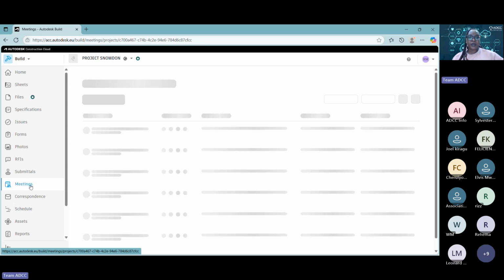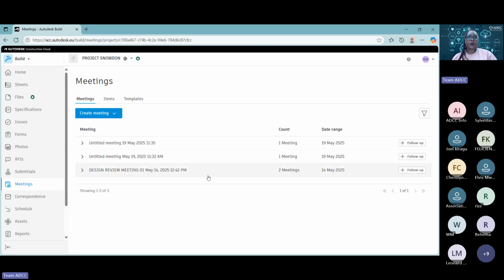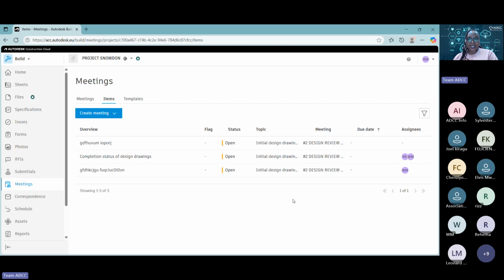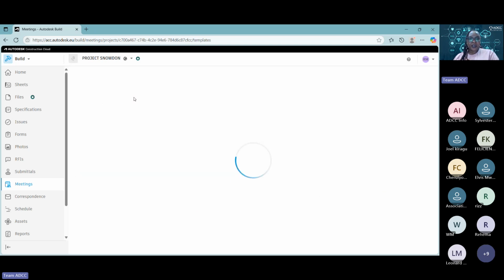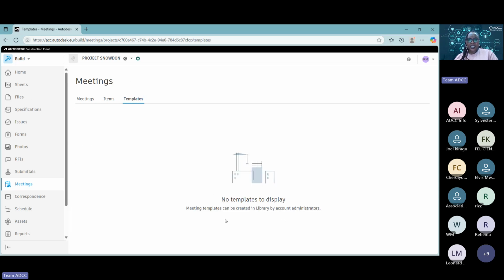Then let me go to the meetings tab. Okay, so under meetings, you can create, depending on the different kinds of meetings that you usually have, and probably even have templates. Currently there are no templates for us to display. The templates, as has been indicated, should be created in the library by the account administrators. And this is something that you'll notice with Autodesk Build. Depending on what you click on, it will